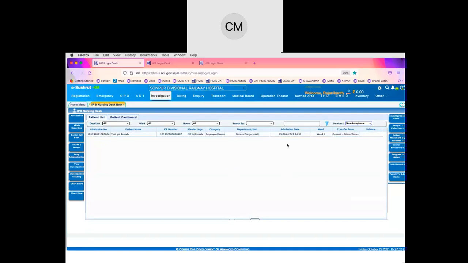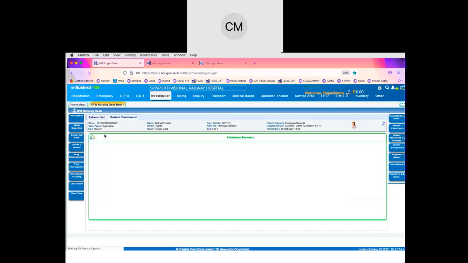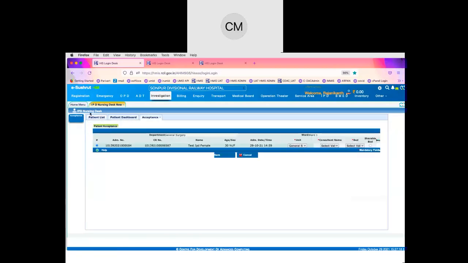So now you can see it will go back to the original process, where the nursing desk in that particular ward has to accept the patient. It will show as a non-accepted case, and once we click on it, it will again ask for the acceptance, because here again the bed has to be allotted in a different ward.